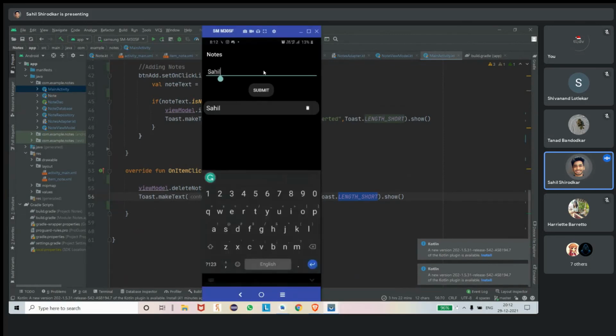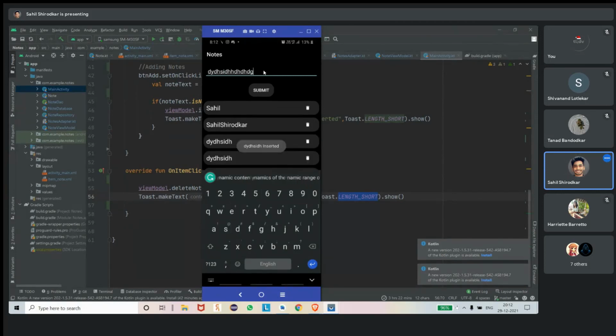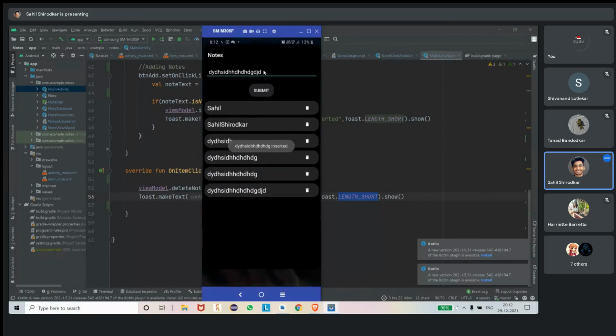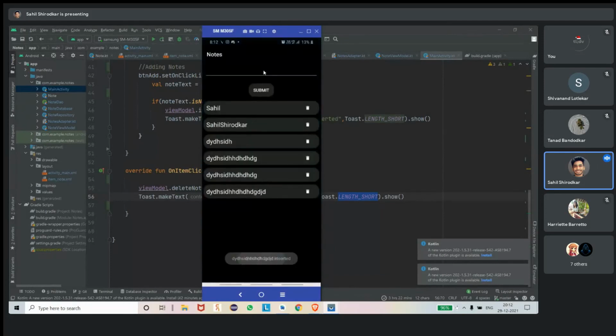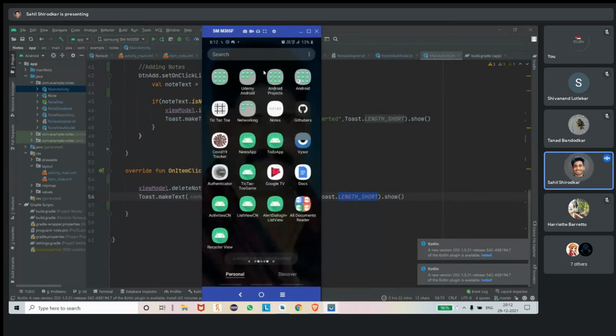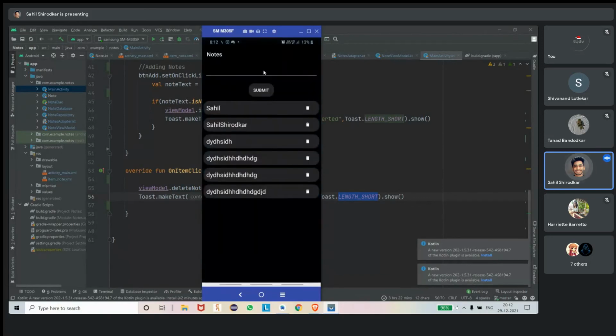Again, let's enter Sahil Shirodkar and submit. Then you can just submit random text. You can see I am deleting the app now, and again opening the app, the notes are not changed because they are stored inside the database.